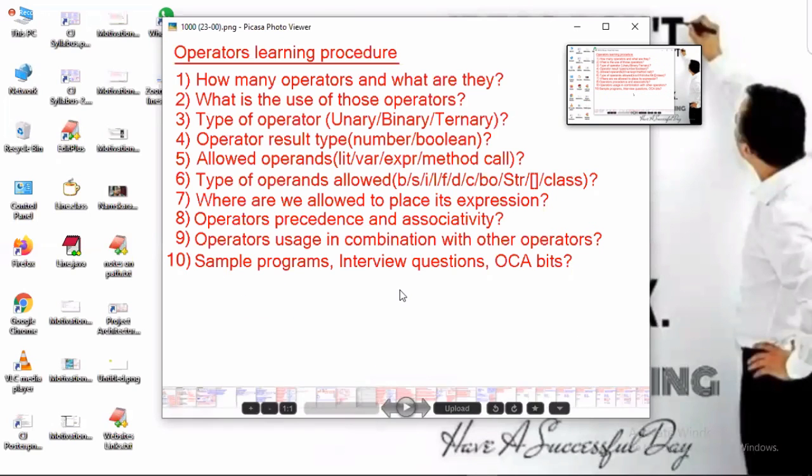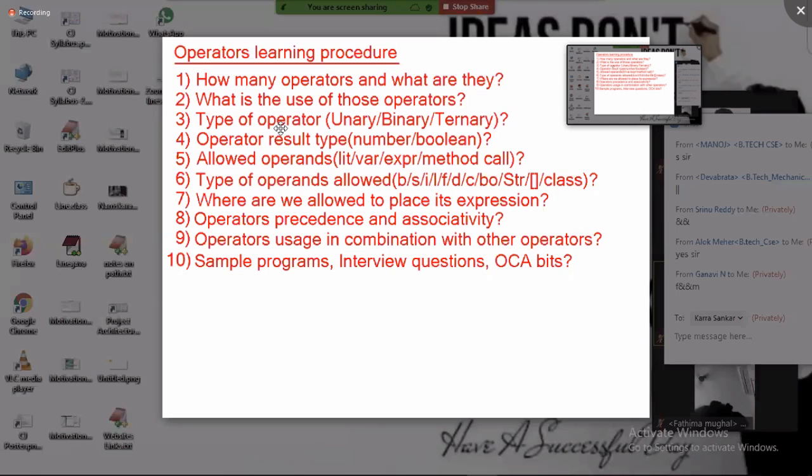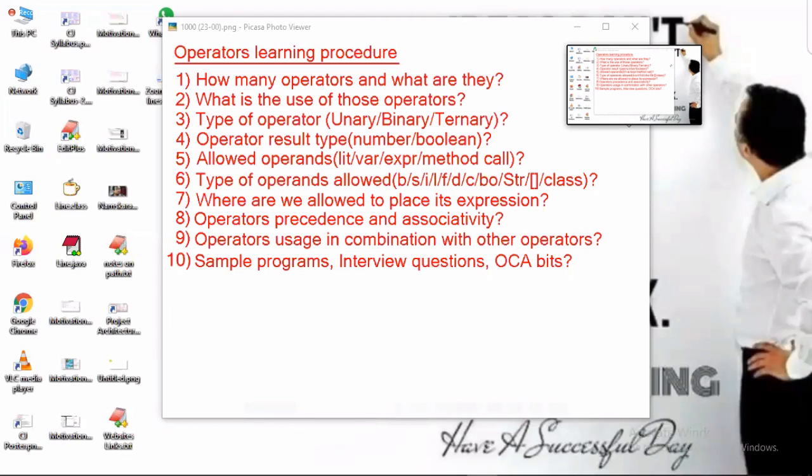Then what type of operator is it? Binary operator. Double AND and double OR are binary operators, and NOT is a unary operator. Double AND and double OR take two operands. The unary operator NOT will take one operand. Everyone understand? So this is a very important point.